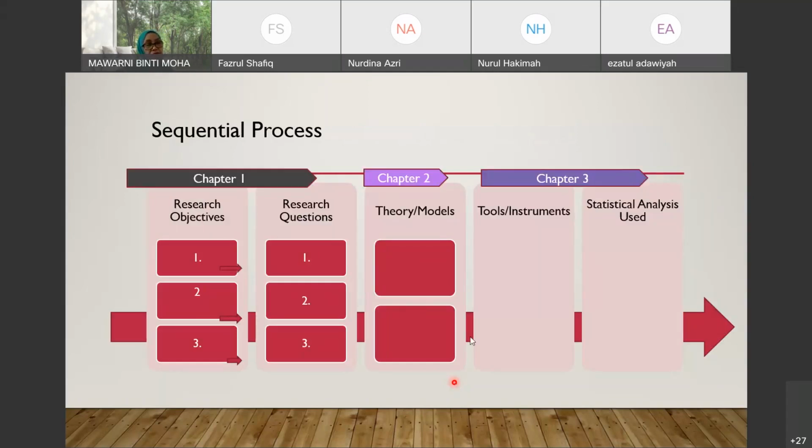All right, and now moving on to the next one, which is very important. This is the secret that I've been telling my students, in order for you to see how you organize your work, is to have this sequential process. Not many people have this actually. So if you can see, I ask my students to provide a table. I call it a matrix table, which I learned from my supervisor before, a professor. And from there, you can see what you have done, whether it is nice or not, whether it's actually connecting, measuring what you want to know, the research questions.